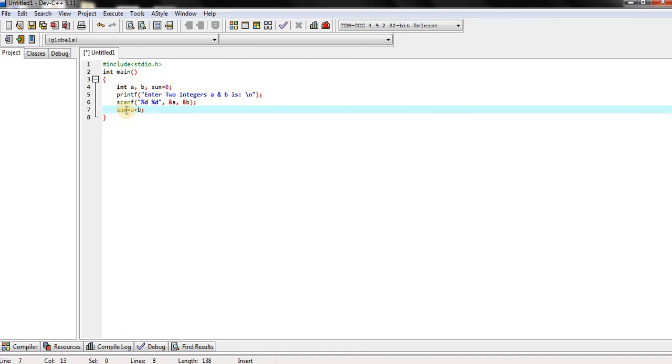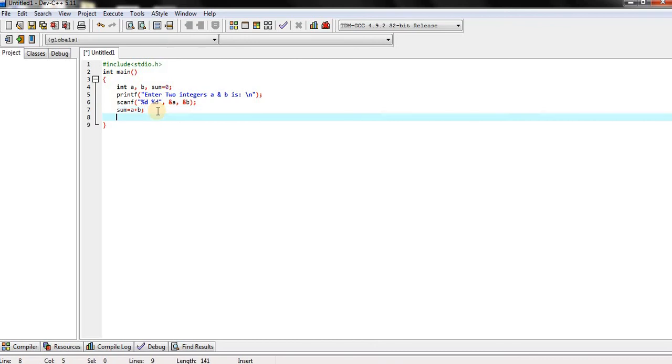Here we are finding the sum value, the addition of the two variable values. In the variable declaration, sum was already initialized with 0. Whatever value we get from a plus b is stored in sum. Press enter. Then we have to get the output result using printf.